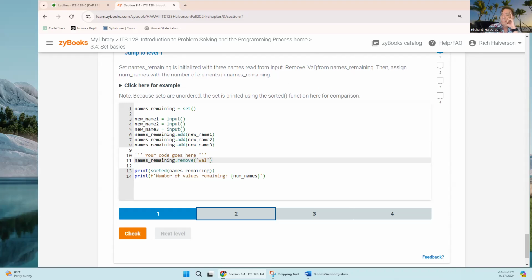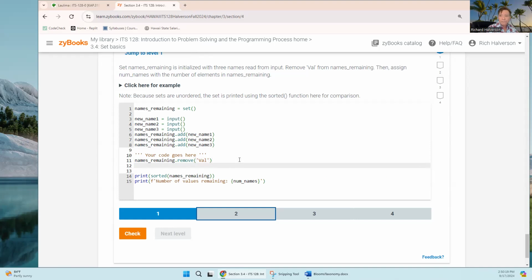Remove val. Then assign num names with the number of elements remaining. So I guess num names equals